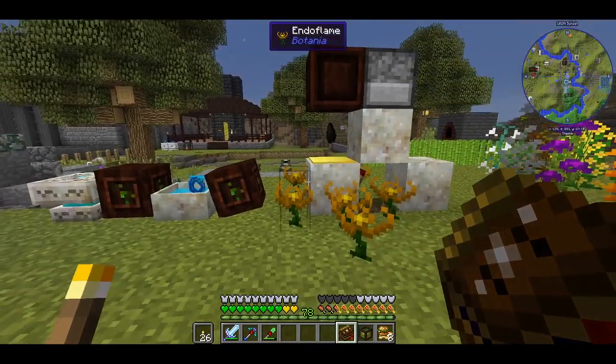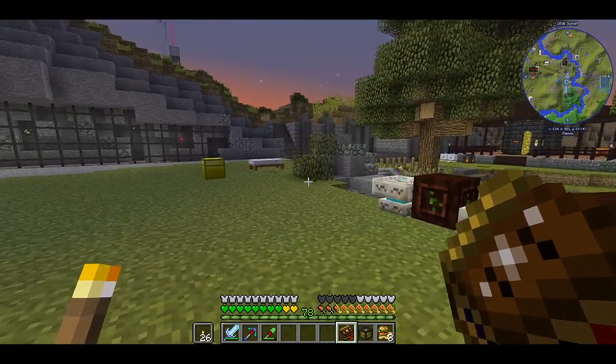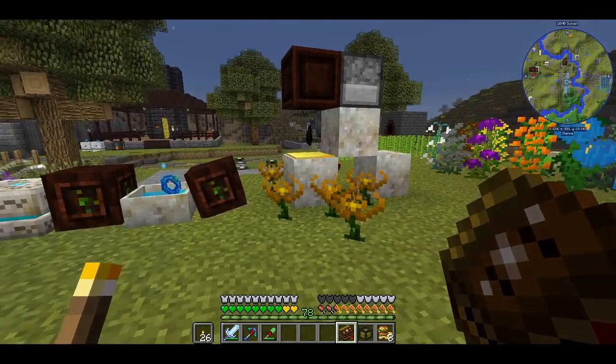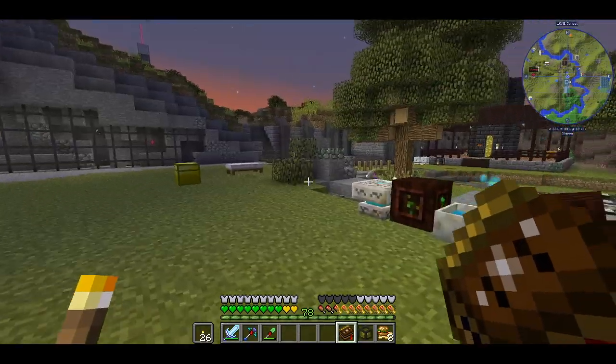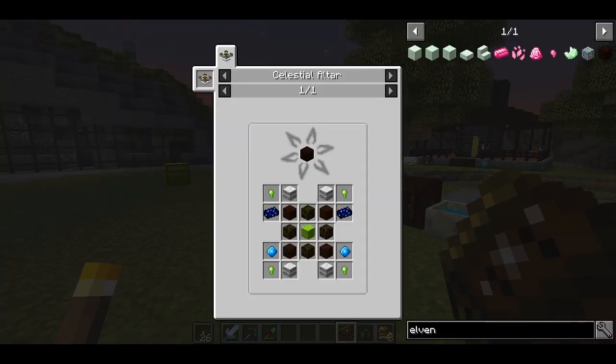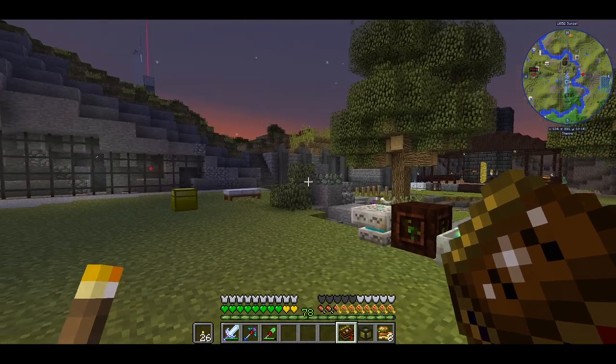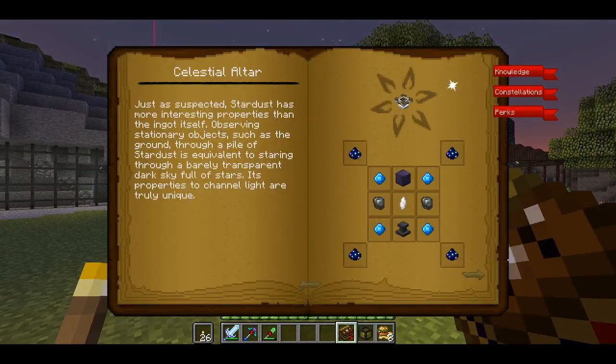I asked you guys to tell me what kind of mana generation we should do, and most of you decided that we should go with Shulk Me Not. So we need to get an Elven portal. In order to make an Elven portal, we are going to need to get into Astral Sorcery and make a resonating gem inside a Starlight infuser. I've been looking at attunement and